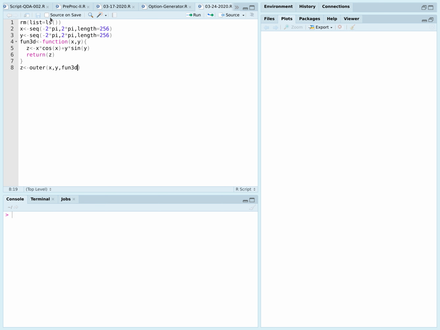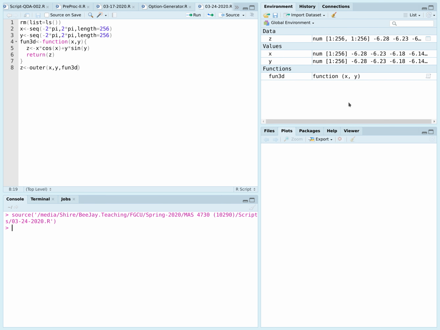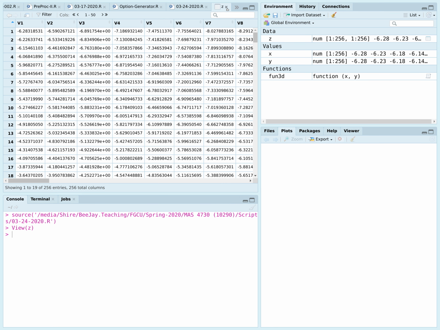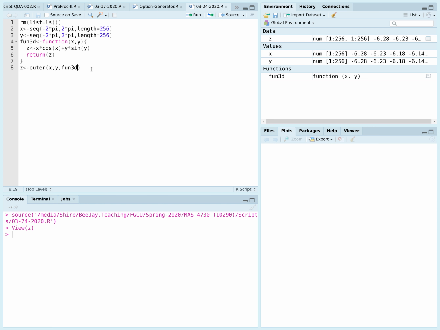So let's run and see if everything is in place. Everything works. So let's go back to the environment, and you can see that the x values are here and the corresponding y values are over there. The z values, and you have a matrix, and naturally we should expect a matrix because we are defining a function in two variables, x and y. Our objective is to visualize this as a surface in 3 dimensions. So the function here